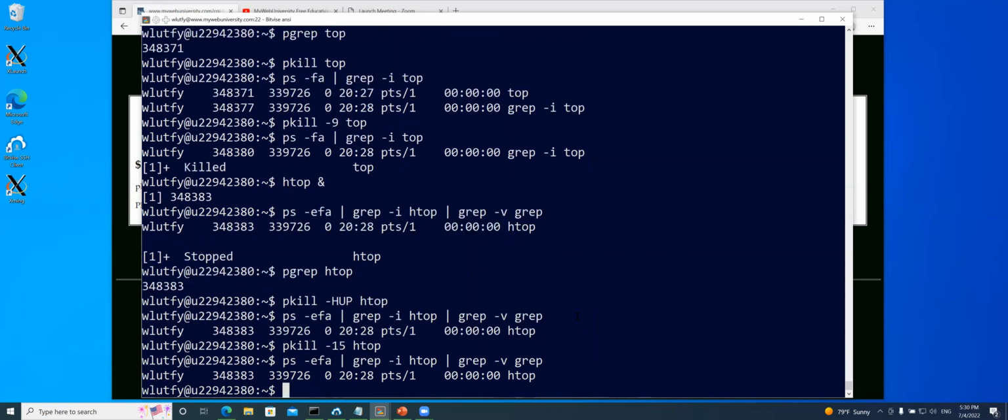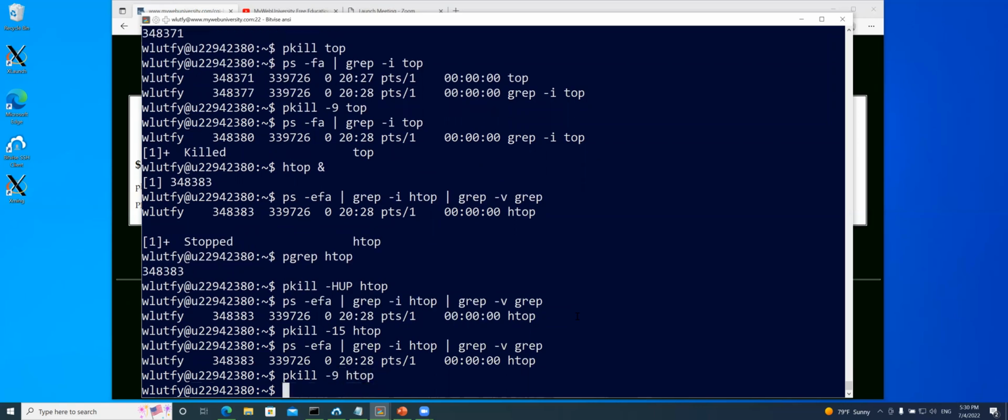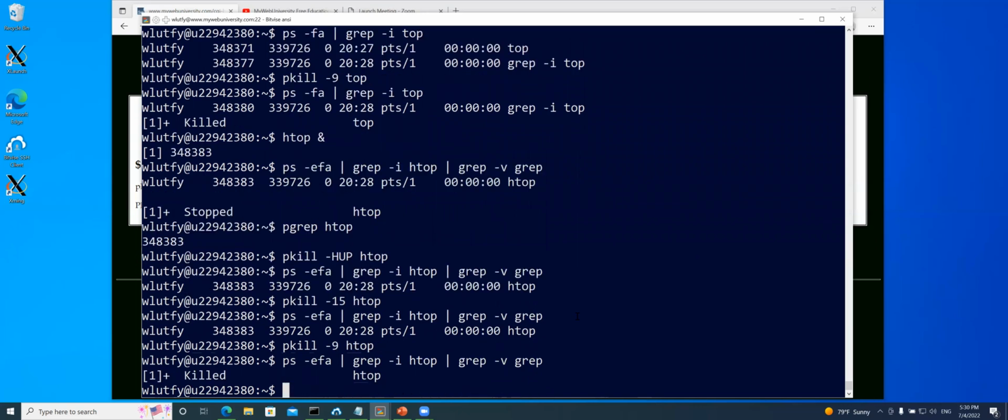Eventually will shut it down. Notice that when you do a pkill without the 15, you're saying the default is 15. But if I force it with 9, and then I do a stop command, it's gone, and it shows that it is killed. So pgrep has a similar command like kill. -9 means force it. If you don't put any number, it's -15, or gracefully, and then -1 is